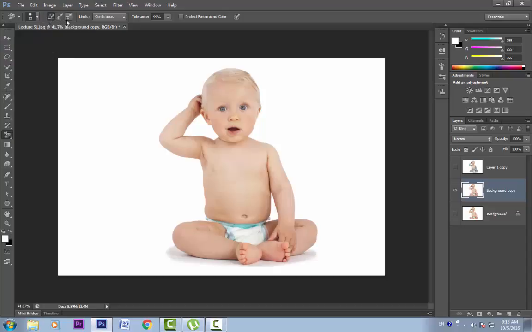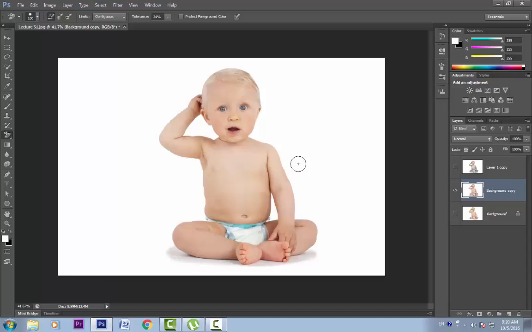Now this tool has these three different options. If we select this one, the cursor for this eraser tool is a bit different. It has a crosshair in the center. This cross is the area of the exact pixel at which it will look and erase. With this option selected, if we try to erase the areas around the baby, the cross sign will determine which areas to delete. It will continuously sample the areas as we move on. If we accidentally move this cross to the skin of the baby, it will erase that as well.